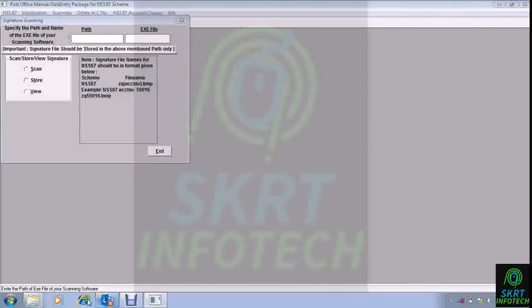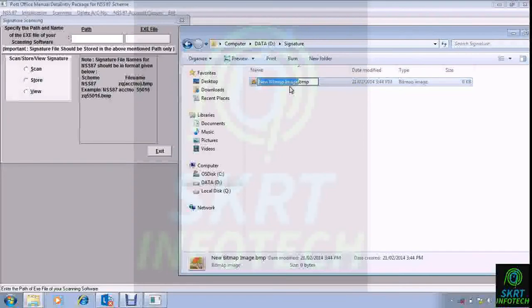So what we'll do is we'll create that file. I'm creating it on my own now, but you have to take a screenshot, or you have to scan and place it here. Okay, so it will be ZQ and 100.